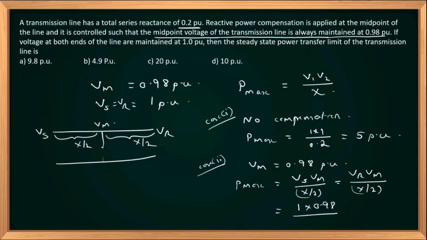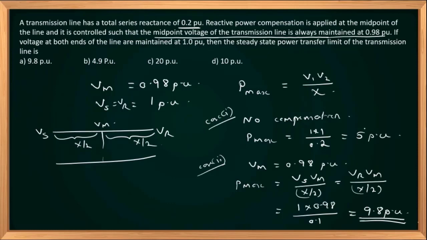So half of the transmission line will have a reactance of 0.2 divided by 2, which is 0.1, which would be equal to 9.8 per unit. So with the reactive power compensation, the maximum power transfer capability of this transmission line is improved to 9.8